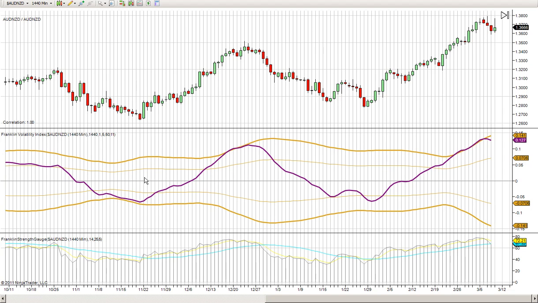The first example of this carry trade occurred right around November 22nd, and typically we like to see the purple line cross below this lower band, but each one of these bands represents a statistical significance. And looking at the strength gauge, because the strength gauge started to edge higher and it crossed a statistical band, we could have taken this long carry trade right here, which would have gone for